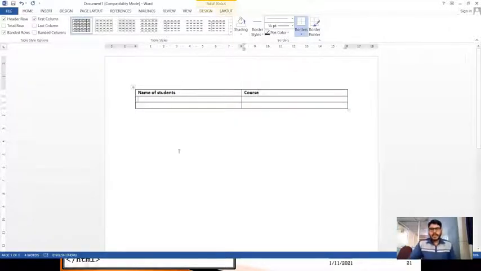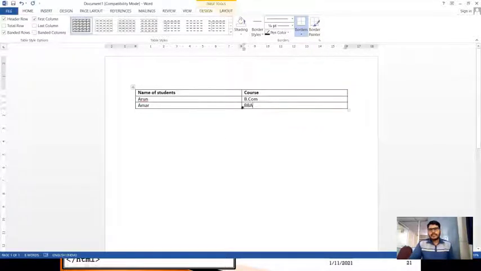Below this I want to include the name of the student as Arun, who is studying BCom, and after this Amar, who is studying BBA. Just a simple table I want to create now.